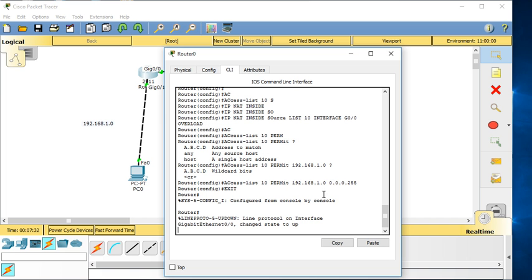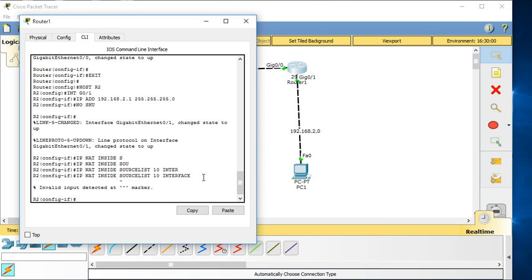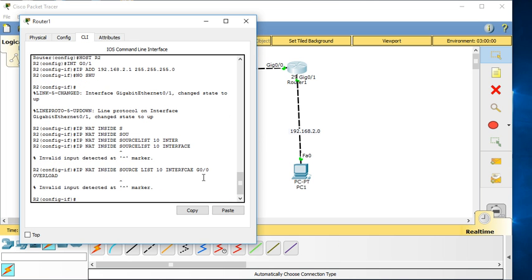We are using the IP address source list and interface on this router 2. So ip nat inside source list tab interface G0/0 overload for PAT.